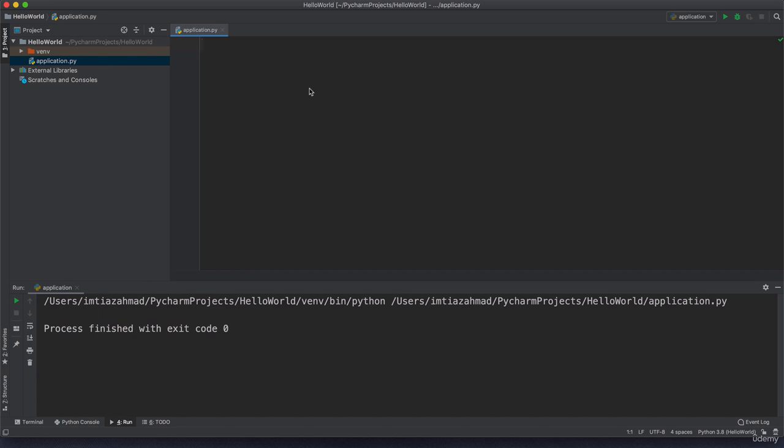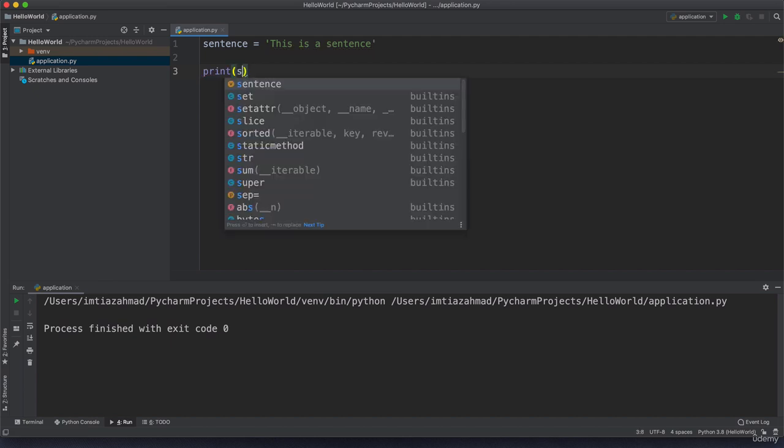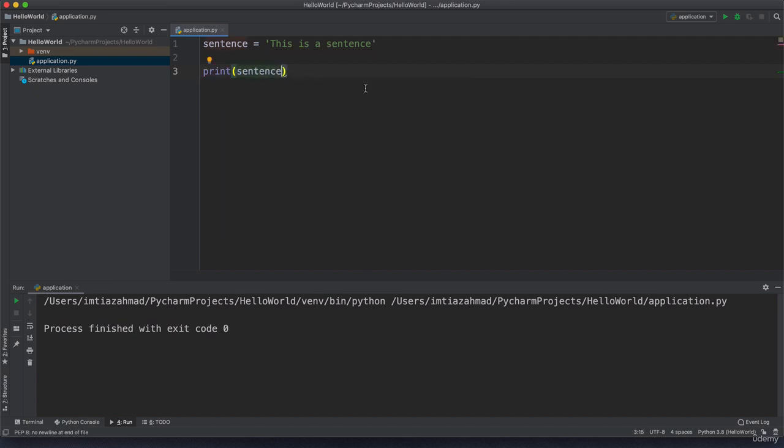So let's create a variable and I'll just say it's a sentence. Okay, and we'll assign some sentence to it. And like I said, you can use single quotes or double quotes. If I use single quotes and say, this is a sentence, and I could just print the sentence, everything works fine. But let's say if there is a special word in there, such as I'm